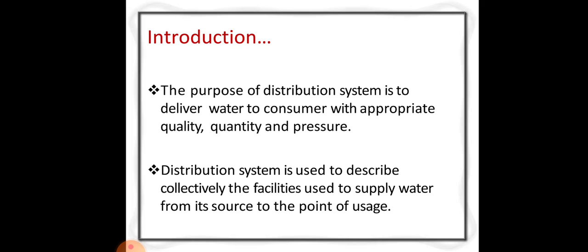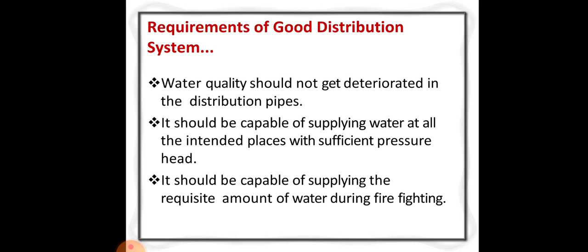So we can also say that a distribution system is a system which consists of a network of pipes with appurtenances for transporting water from the plant to the consumer's tap. So when we say a distribution system, there are certain criteria or requirements that are needed for a good distribution system, and most importantly it should be capable of supplying water at the consumer's tap at a reasonable pressure head, that is the pressure head should be sufficient, and also it should be able to meet the fire demand simultaneously.